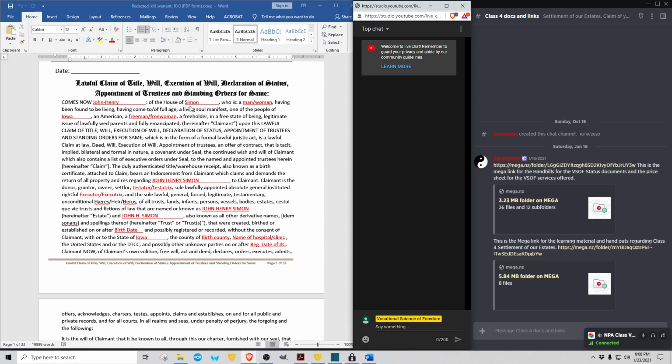And this, of course, is also the Vocational Science of Freedom status docs that claim your entire estate. So this is after the point at which you've made claim to your entire estate. You've claimed it on the public record. You've done a proof of life and proof of age inquest by a judicial coroner, signed by a petit jury, and all the rest of the processes before you get here. So this is after you've done the rest of the process and had your house seal made and gotten your birth certificate authenticated and all the rest of the fun things that we do here. And then this is after the fact.